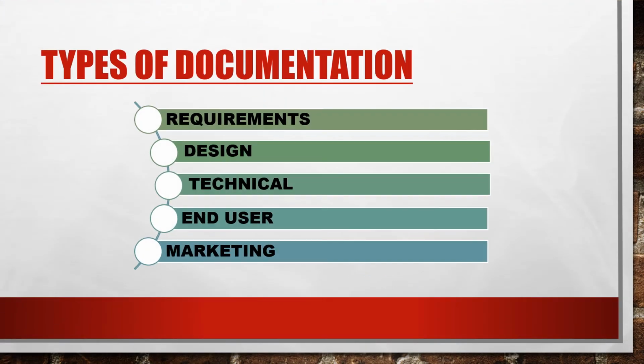Now there are 5 types of documentation. The first one is requirements. Requirements provide all the information regarding what the capabilities, characteristics, or you can say the quality of a system should be. So this provides the entire foundation for what the system should implement, or what the system should do. Then the second type is architecture, or you can say design.